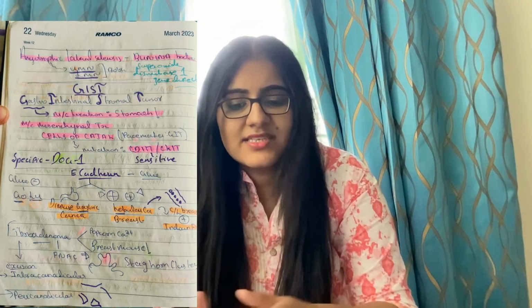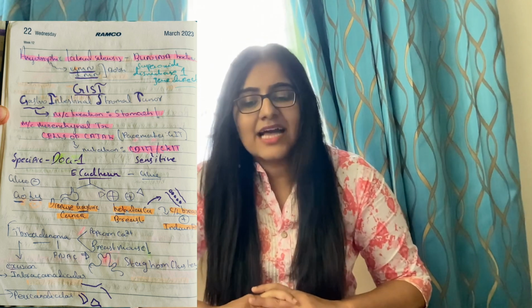So Parkinson's you should remember Lewy bodies, and Huntington you should remember CAG repeats are there. Huntington, yes, huntingtin protein will be high. Also you should remember ubiquitin protein also will be high. So amyotrophic lateral sclerosis, Bunina bodies. Okay, Bunina bodies, and both upper and lower motor neurons are affected.